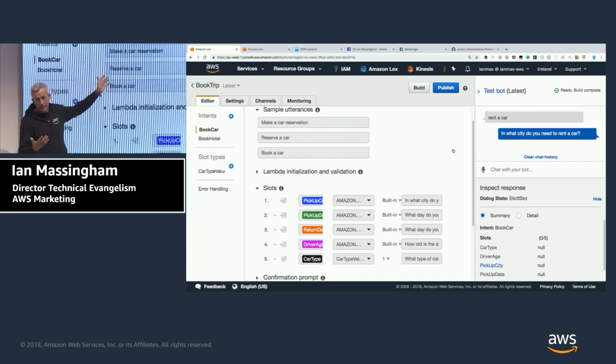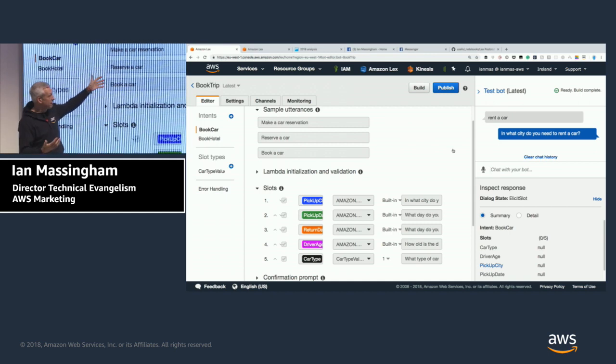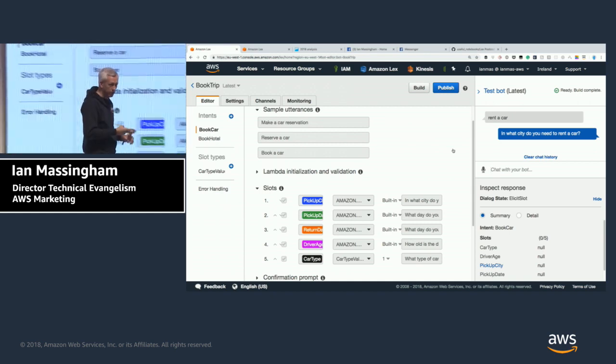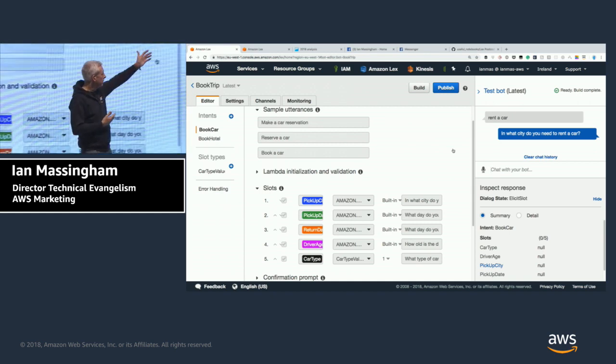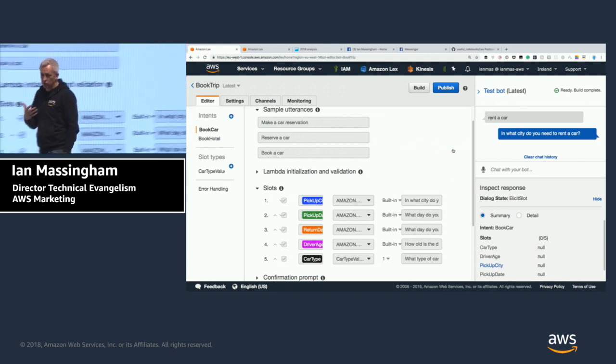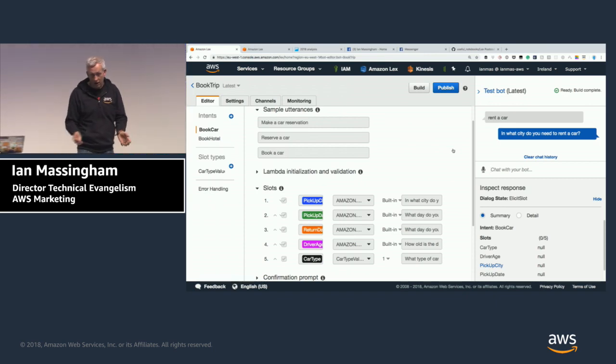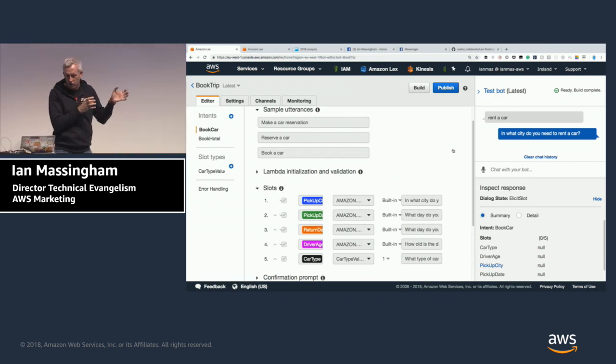I'm using a probability-based classification model. Out of the intents that are available to me, book a hotel or book a car, rent a car as an utterance is substantially more likely to be resolved to book a car than it is to rent a hotel. Quite obviously, right? But what it demonstrates is that it's not matching those utterances. It is training a model that is then used for resolution, okay?